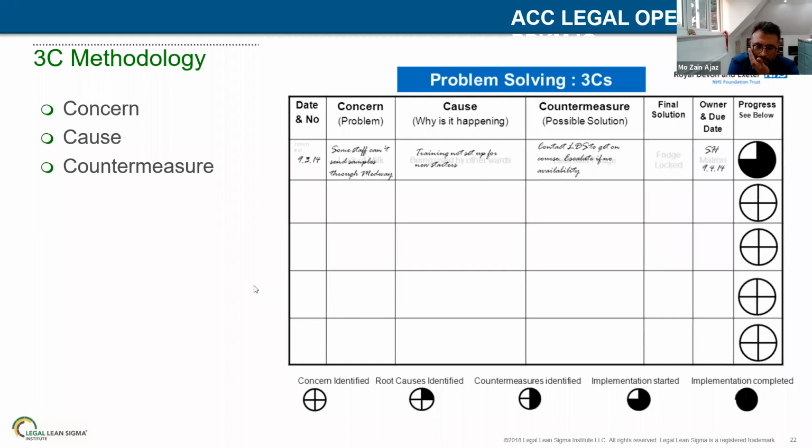So any program that you start with, especially to bring the business along with you or the team along with you, one of the tools that I use over and over again is to work with my stakeholders to identify the key concerns that they have with what I'm trying to do. So I've got a couple of examples that I'll talk through in a bit more detail, but the first example is around changing the supply chain. So we had at one point 60 law firms, and we needed to bring it down to 21, and then we had to bring it down to 12 law firms.